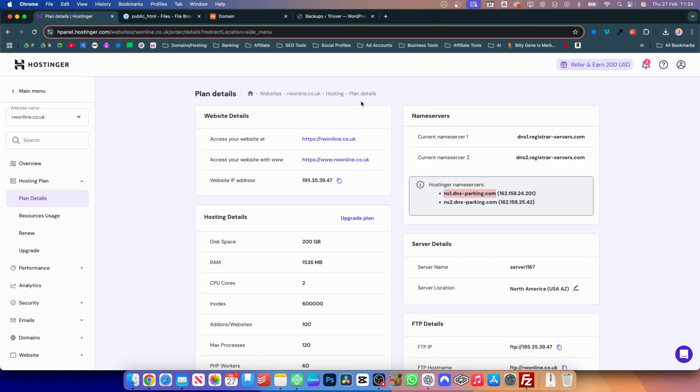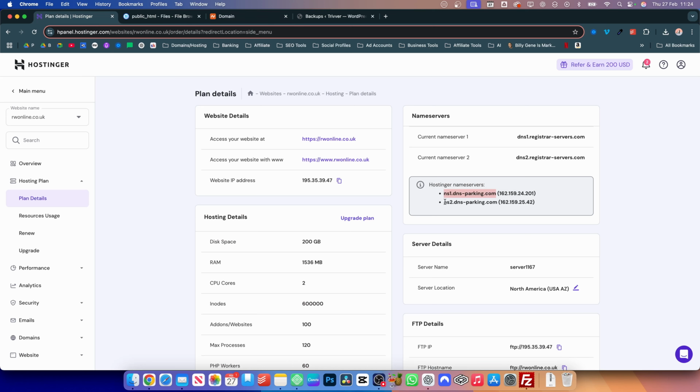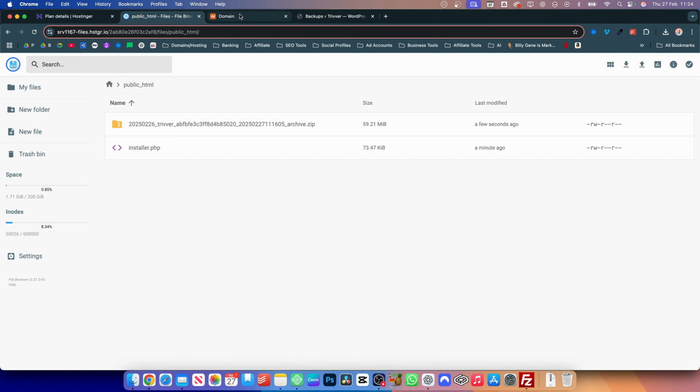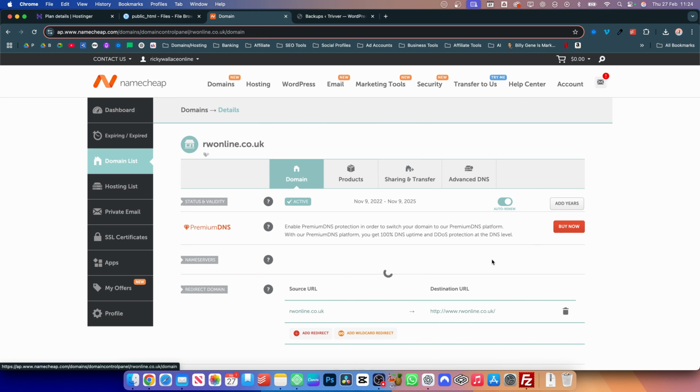So I'm going to just copy the first one. I'm going to come back to our domain registrar and paste. Do the same with the second one. Let's copy that, like so, Command and C, and paste that in as well. Now, once we are happy that those name servers are correct, hit save, and that is going to go through